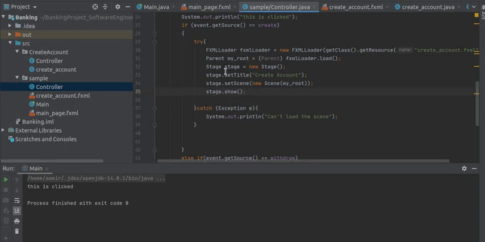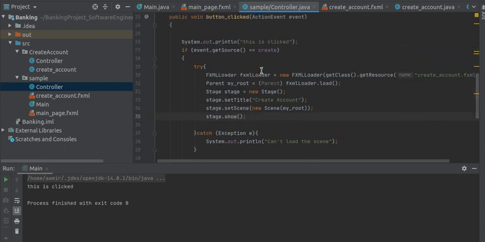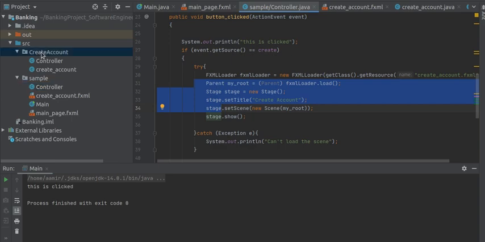Now let's make our code a little cleaner. I want to load this file and work on this in my new package. As you can see, when I click the create button, it is working in the same package as my main. Now I want to work on this in another package, which is create.